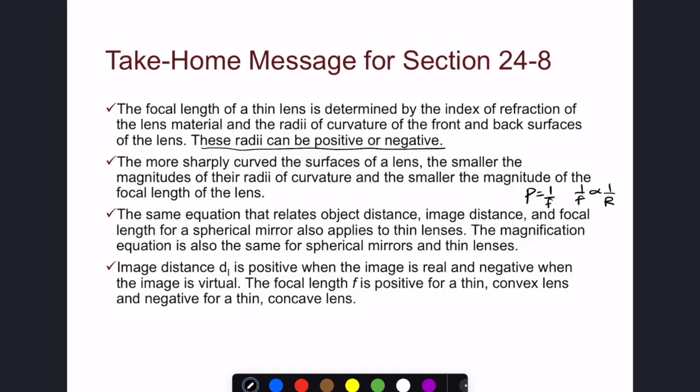We use the mirror equation to find the image location and characteristics for lenses. So it's really the lens mirror equation. We use the same ones for magnification and for object and image distances, but we have different sign rules. There's a whole other table for lenses, so the sign rules are slightly different. That has to do with how we define a virtual image and a real image in lenses. A virtual image for a lens means that image is located on the same side as the object, and a real image for a lens means that image is located on the other side of the lens than the object. So go over those lens rules,